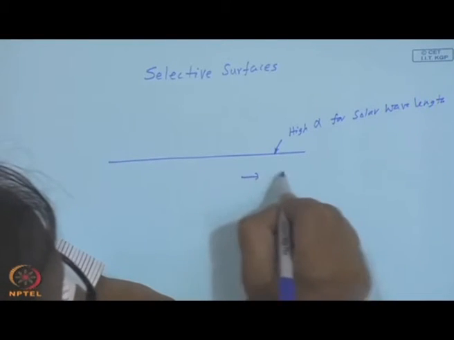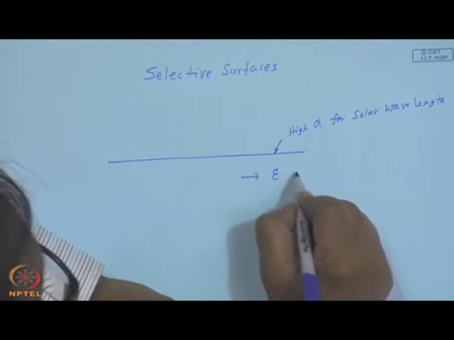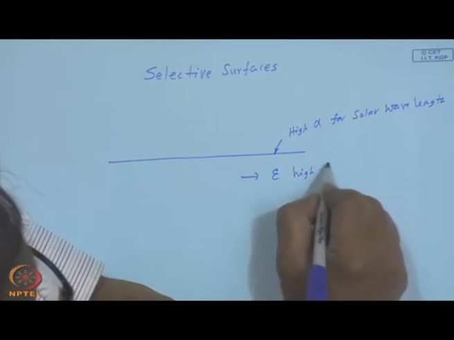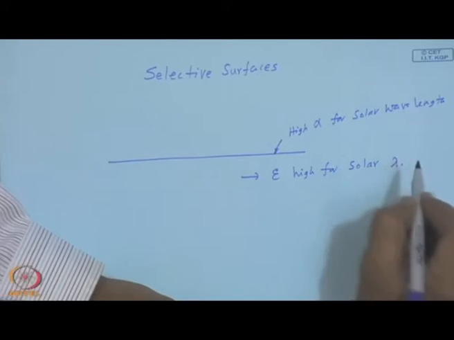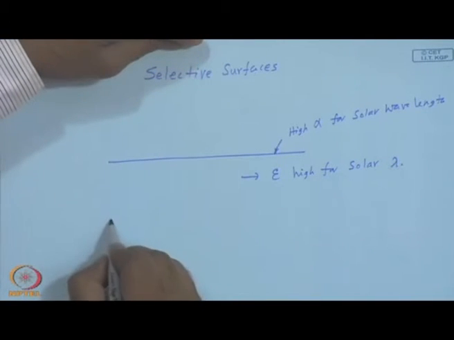So, this implies epsilon also high for solar lambda, but fortunately